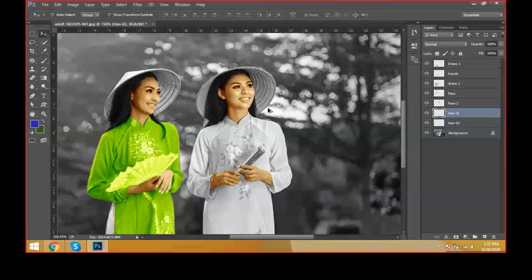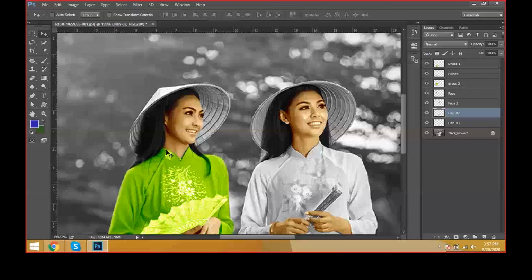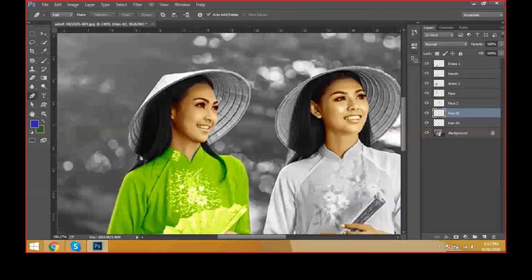Now, what about the hats? Select the hat layer like this.